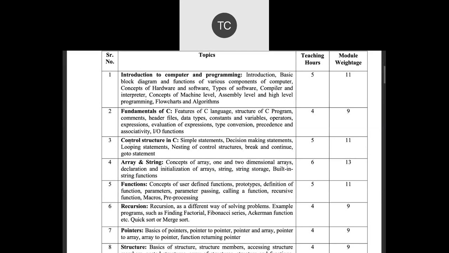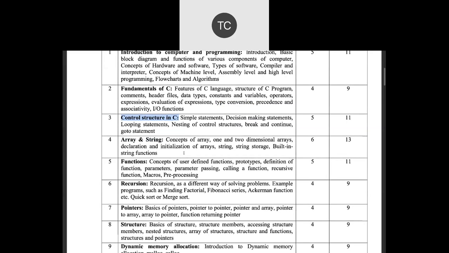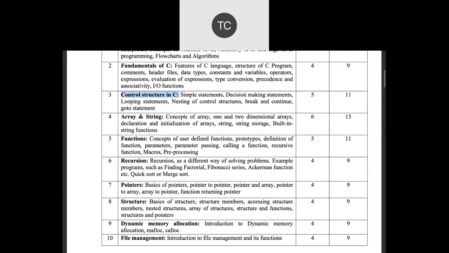Later, we moved towards the control structures. In that we have seen decision-making statements like if, else if ladder, if else, nested if else, switch case, and all. We looked at looping statements like for loop, while loop, do while loop, nesting of all these structures, then continue statement, break statement, and goto statement. Wherever it is possible, never go for goto statement. Okay, make use of other structures